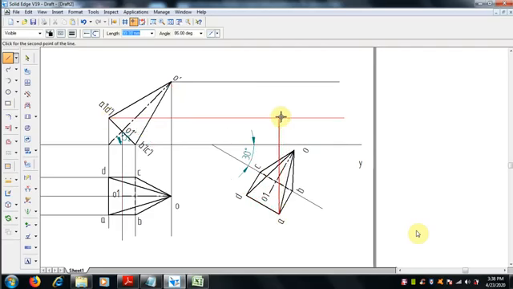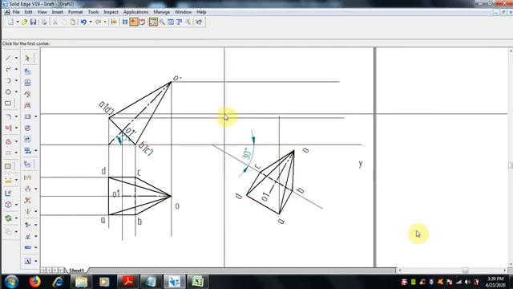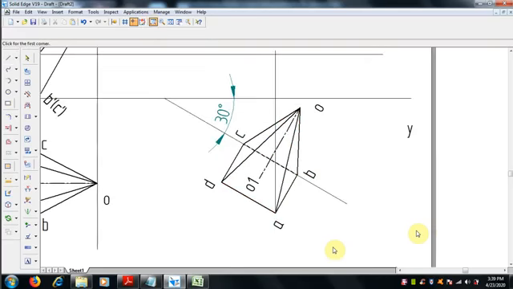A, zoom it if it's not a perfectly straight line, at least you have to zoom and do it, then we can trim it off.